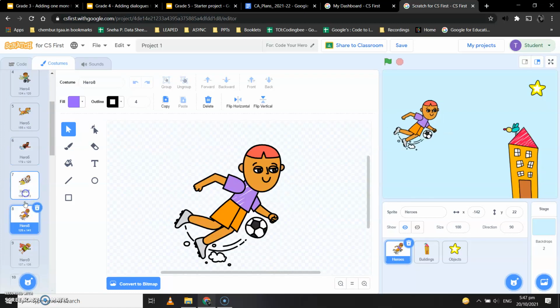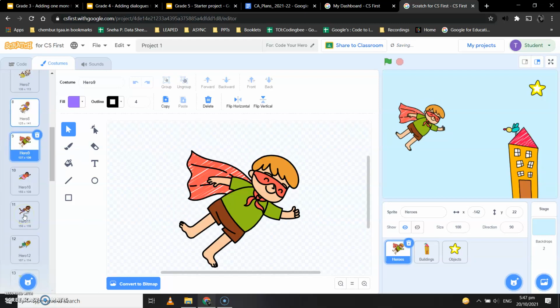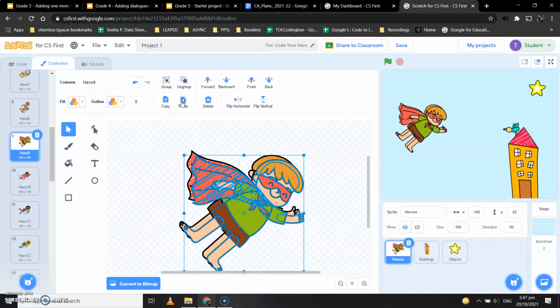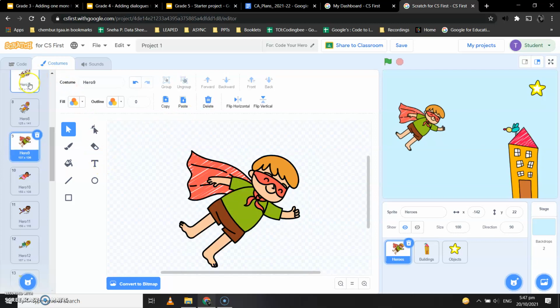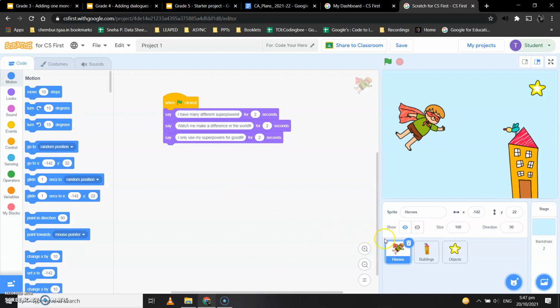Isn't it quite amazing? You can also copy it and paste it, whatever you want to do. Now back to the code. Suppose I have changed this to a small boy. I can add a different sprite. I can also upload a sprite. I can also create a sprite using the paint tool. I can create a sprite using the upload sprite option. I can add my own picture over here and I can be my own sprite.